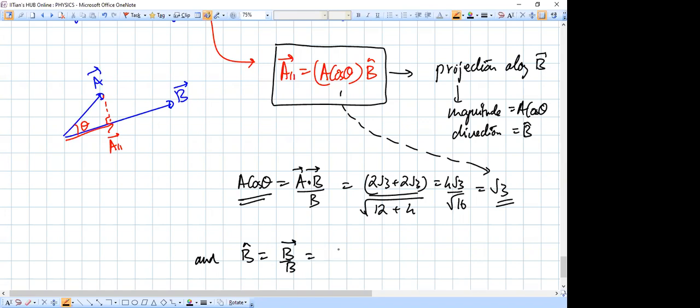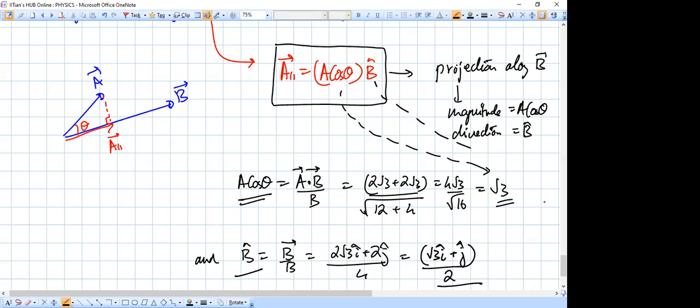So that is nothing but again 2 root 3 I cap plus 2 j cap divided by its magnitude, which was 4. Okay. So B cap now becomes this quantity. So B cap will be substituted as this. So finally now,